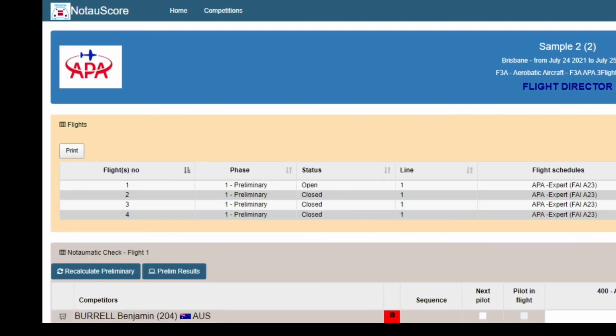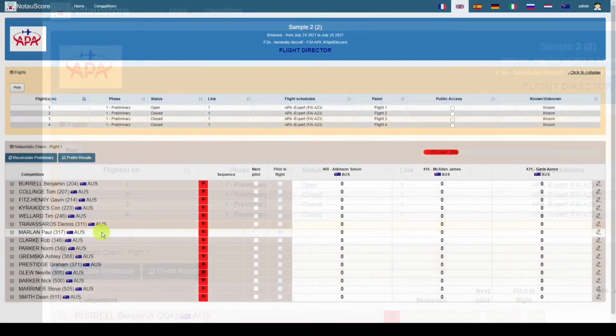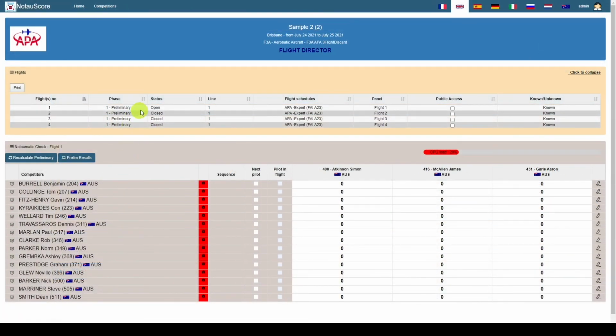This screen will refresh in a moment now. Here we go. It's automatically refreshed. And as you can see, now in this flight, let's zoom out. The flight is refreshed. I have opened flight 1. This page does refresh every so often because it's expecting some information. So apologies on that one. I will talk a little bit quicker.